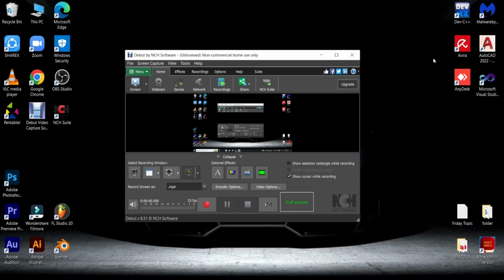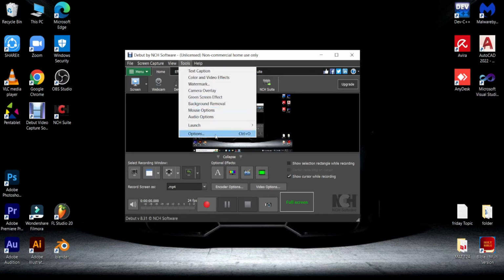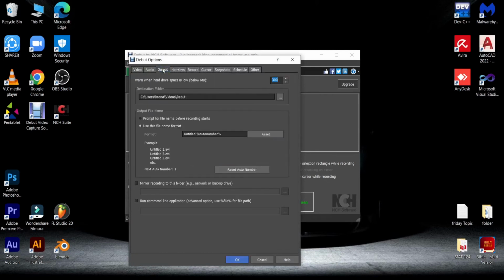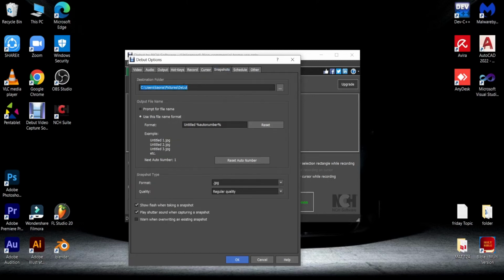Okay, now we're going to record our screen, but first, before I do that, I will show you the destination folder where we can see the saved video. So I'm going to tools again and options. And here in the output tab, this is the destination folder once we're done recording our screen. So I can find it in videos and in a separate folder. I will hit OK. Before that, I will go to snapshots. Snapshots is like the screenshot, so it's in pictures and in a separate folder again. So okay,